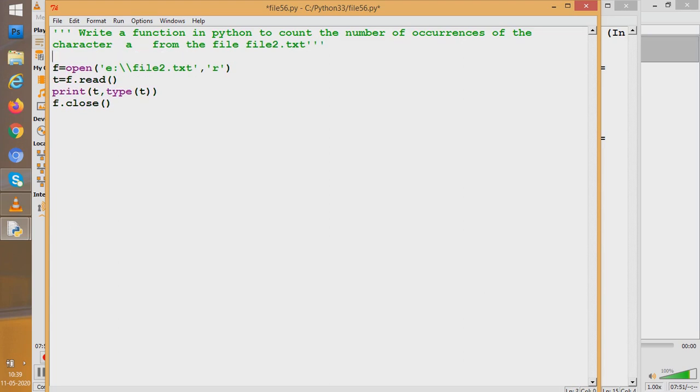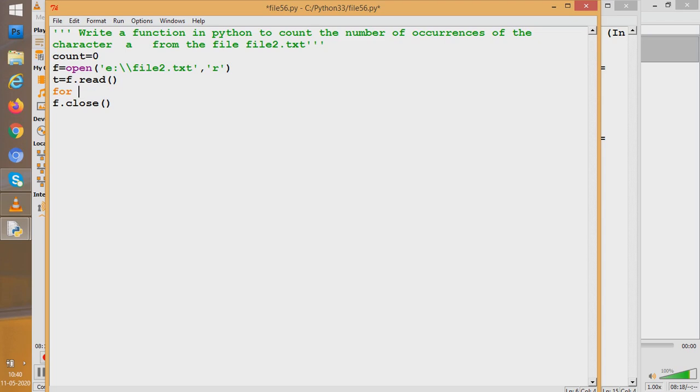So what we'll do is, we have read. Now I make a variable count and put 0 in it. And it is not saying to print the things written in the file, so I delete this line. What I will do is use a for loop. I have read everything and brought it in t, so t contains the string, whatever was there in the file.